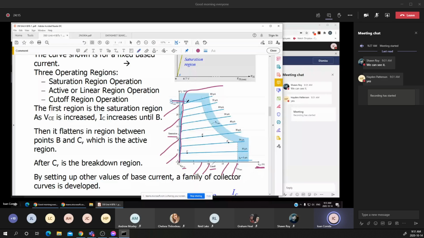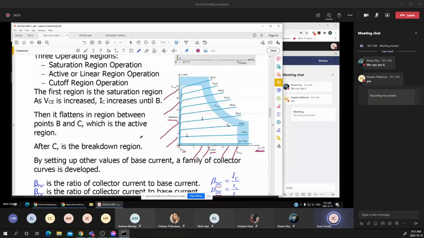That's why it's called saturation. Even if I'm going way above, like 120 to 100 microamps, still the maximum current that can flow through the transistor is limited by the resistance RC and the supplied voltage,